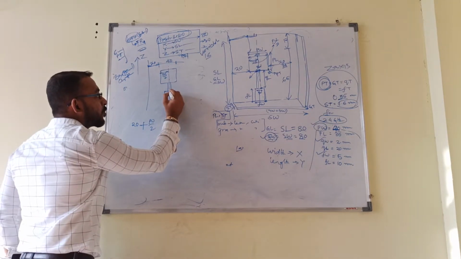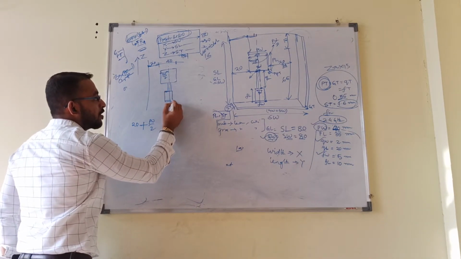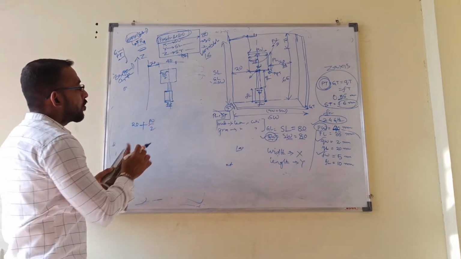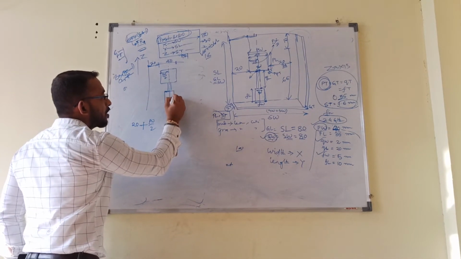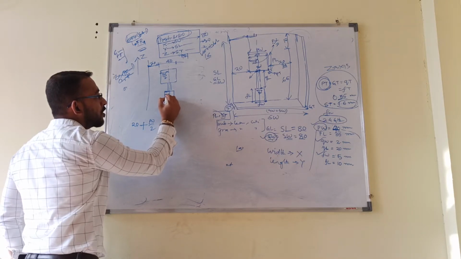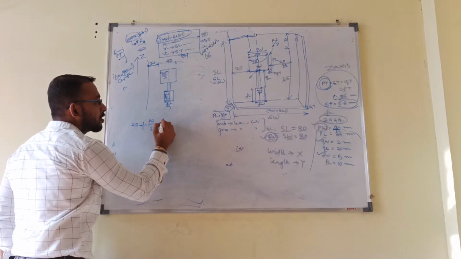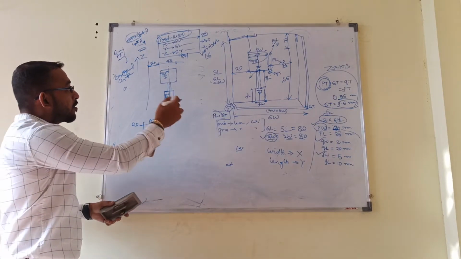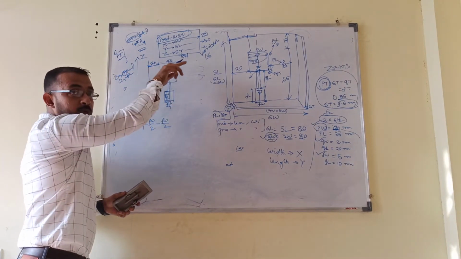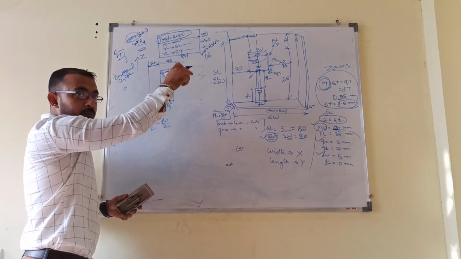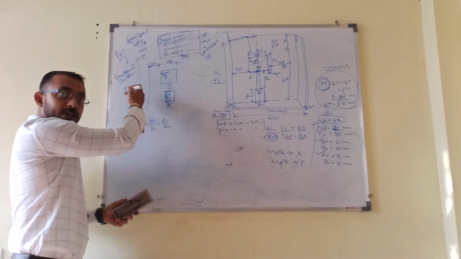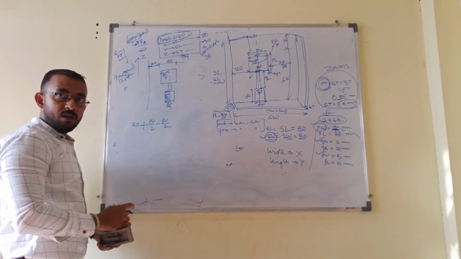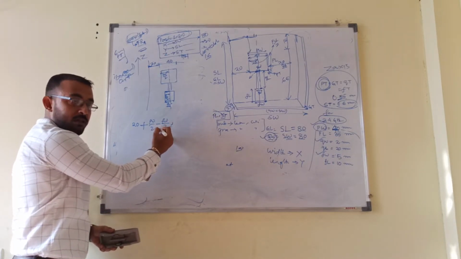Now from this point I have to move back. This width is nothing but the feed width. It means what will be the value of this one? Feed width by 2, minus feed width by 2. Why did I put minus? Because I was moving from the origin in the plus x direction, and from the plus x direction again I am moving in the minus direction. That's why I am putting minus here. So this is the x position.